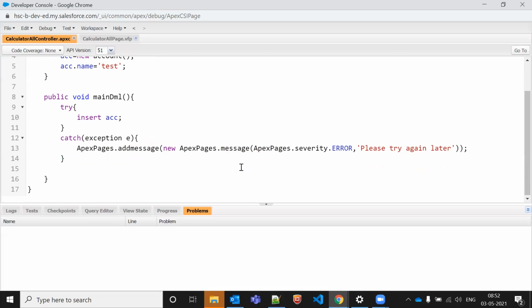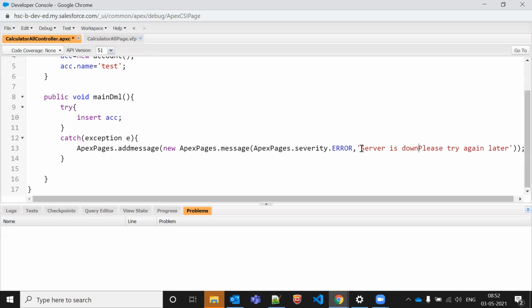The client says, I don't want this, please try again later. What I want is: server is down, please try again later, or any other message. The client wants to display this message.